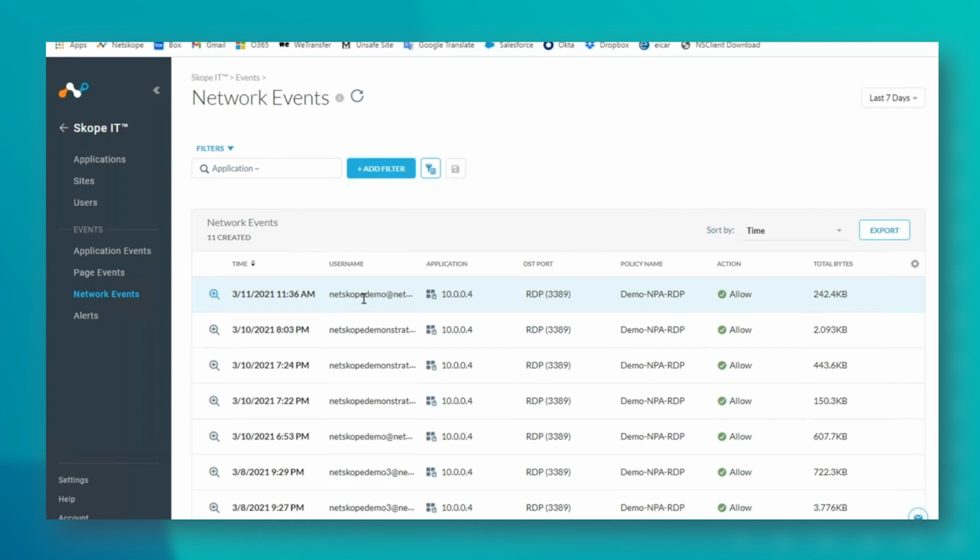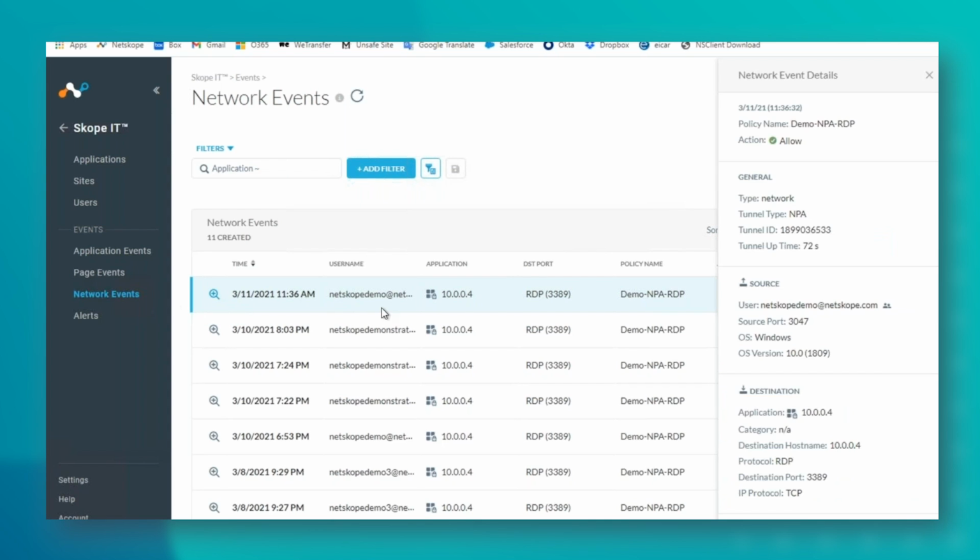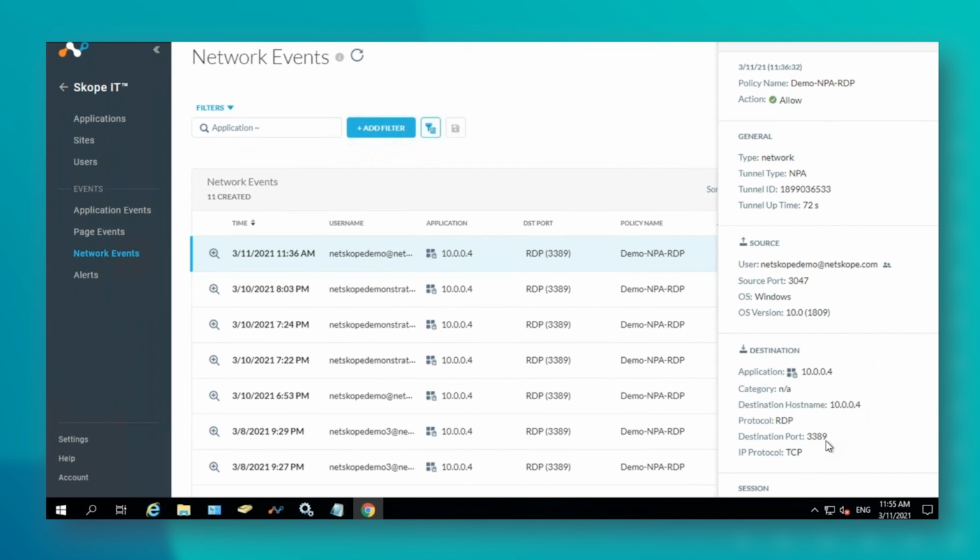They probably never had Splunk enabled or anything like that would pull that information and show exactly who's accessing their estate. Well, Netskope can now tell you. So you can see here that I RDP'd onto that machine 20 minutes ago. I can see exactly who I was, coming from my client information, so it was me. I can see the machine I came from, I can see how I connected to it with RDP, etc.